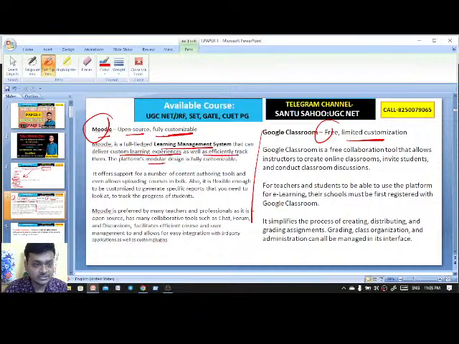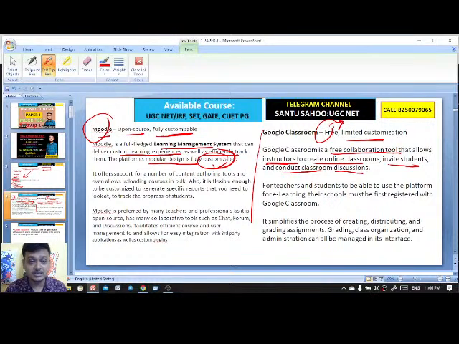The platform's modular design is fully customizable, whereas Google Classroom is a free collaboration tool that allows instructors to create online classrooms, invite students, conduct classroom discussions, such as we have Google Drive, Google Form, Google Doc. These are all examples of Google Classroom.